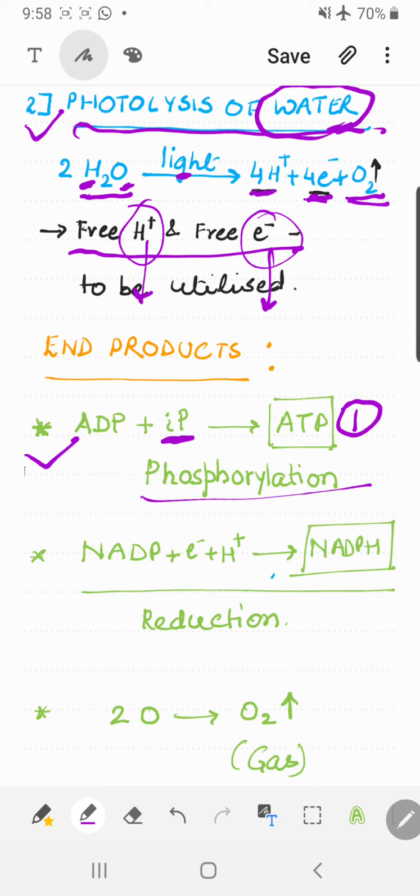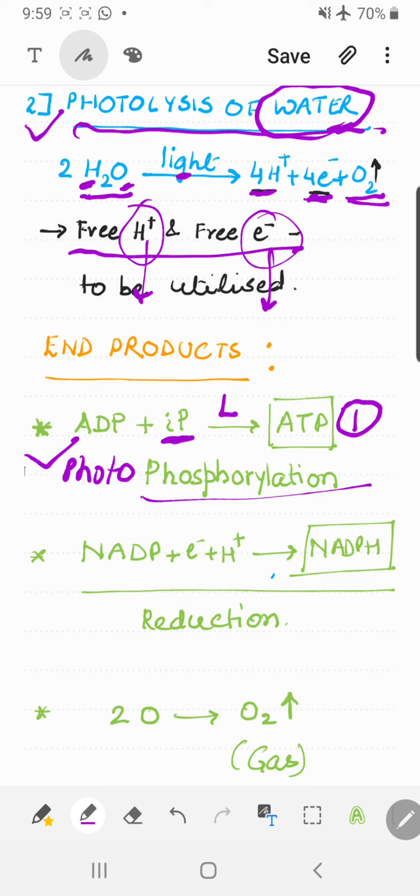Let me tell you, in plants and humans, ATP is formed by various methods, various procedures. It's not necessary that every time light is needed, right? So in us, light is not needed, but phosphorylation remains the same. But when you talk about plants, you always say that in the presence of light, so the process becomes